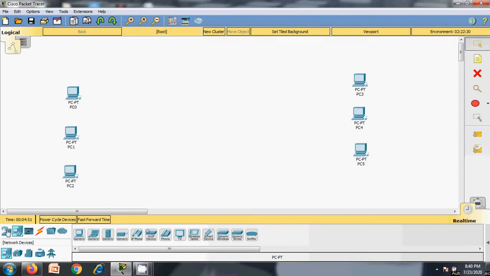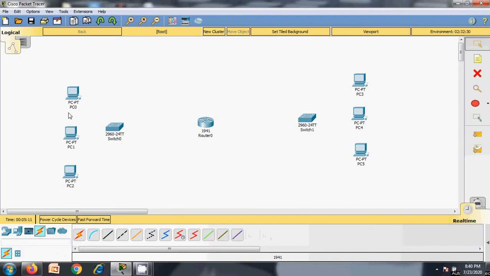And I need a networking device to connect all these PCs. So I use a switch, and now I need a router for connecting these two switches. So now I will use a router for this. Now I want to define the connections between this end device and the router.